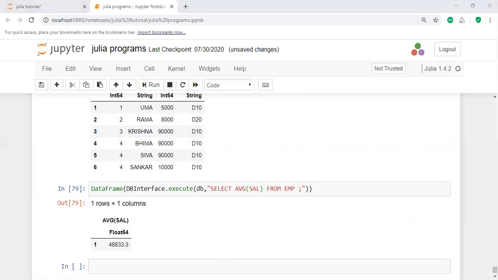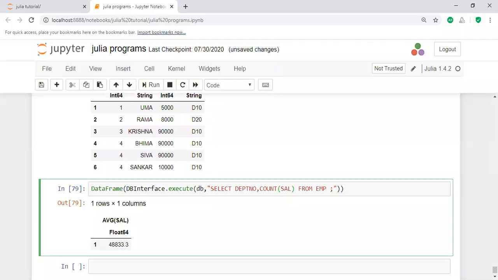How can you perform the grouping operation? What is a grouping function? Exactly, grouping the data. Let us take a simple example: select department number, count of salary from EMP. If you apply a non-aggregate field with an aggregate field, then in this particular case you have to use group by.